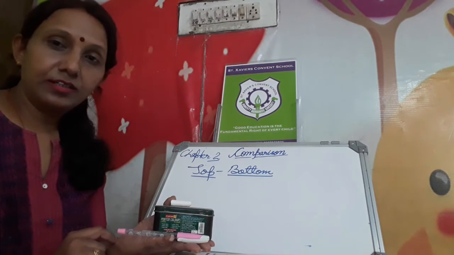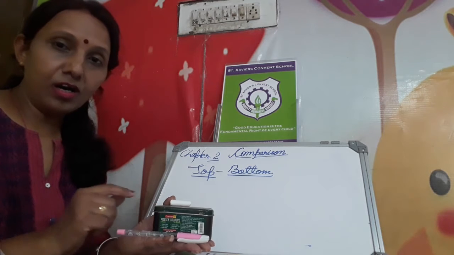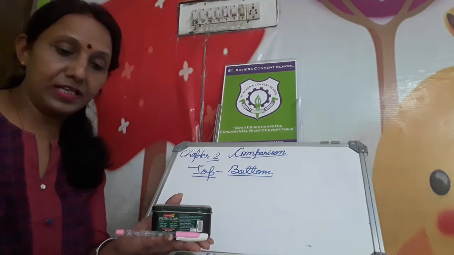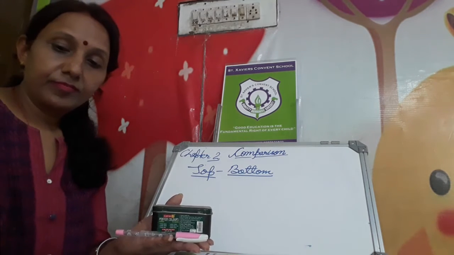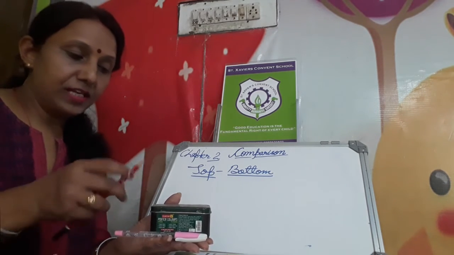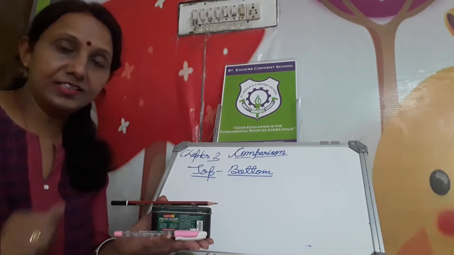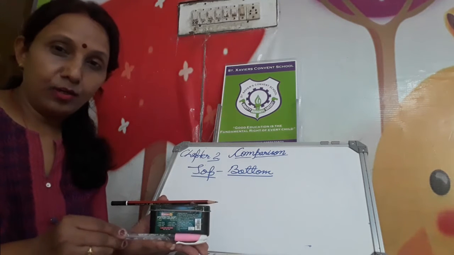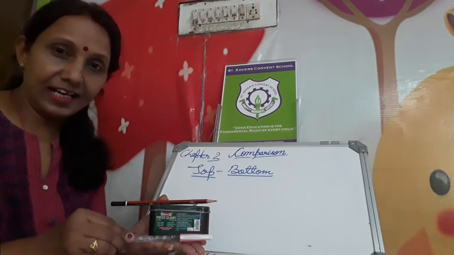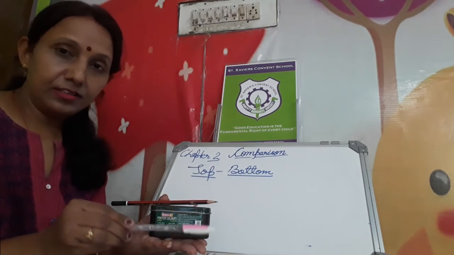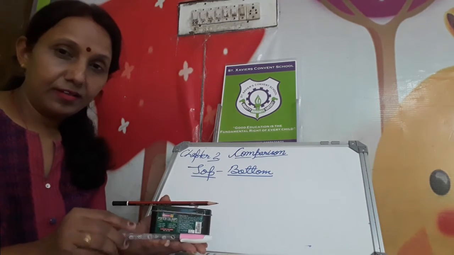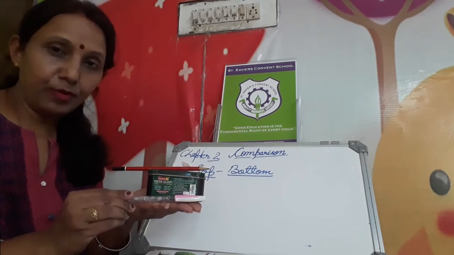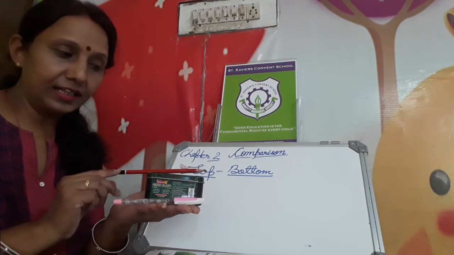Which one is on the top of the box? This chalk piece. Now I am putting that pencil. This pencil is here on the top of that box. And at the bottom of the box, that lower side, that ending side, you can see this pen. This pen is where? At the bottom of this box, and this one is the top of this box.